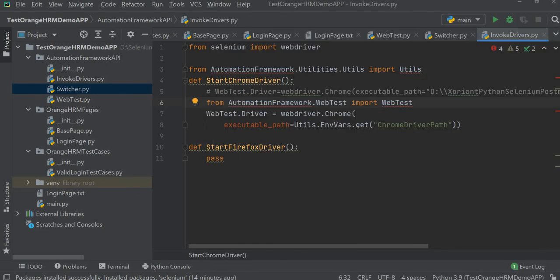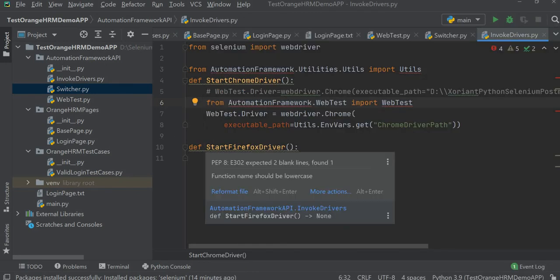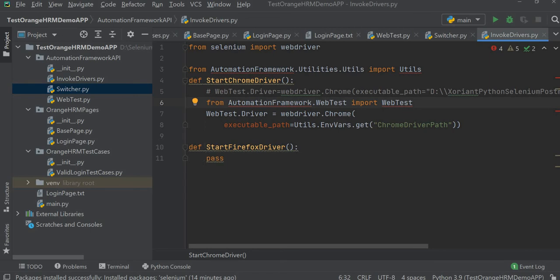We will talk about these errors afterwards, but I just want to concentrate here on the total concept, like when we don't have a switch statement, how can we achieve this kind of implementation with the minimum required code. So let's concentrate on that right now, and ignore these errors as of now.